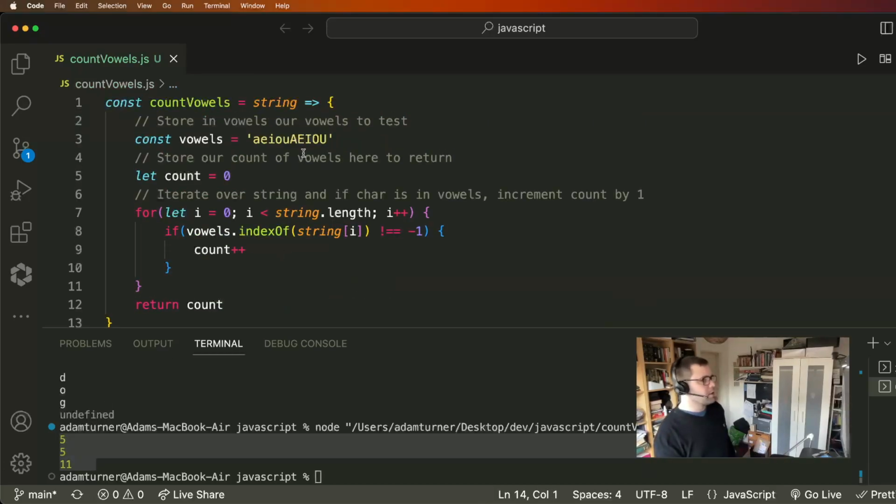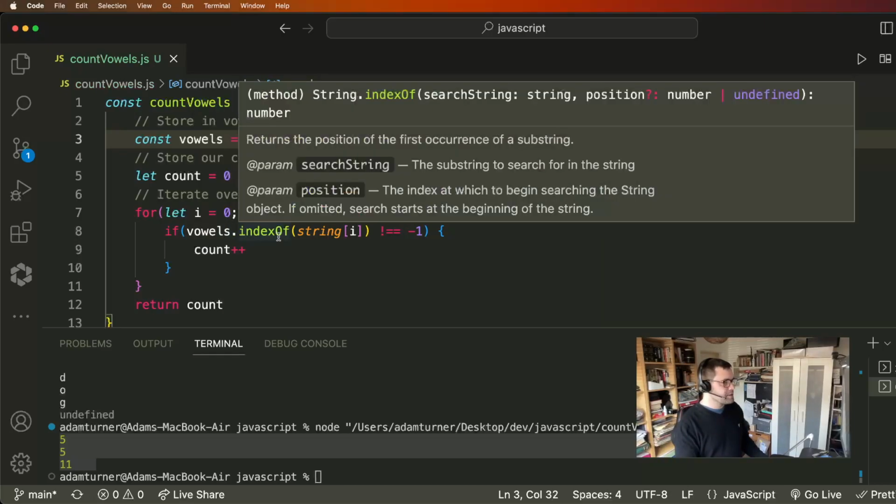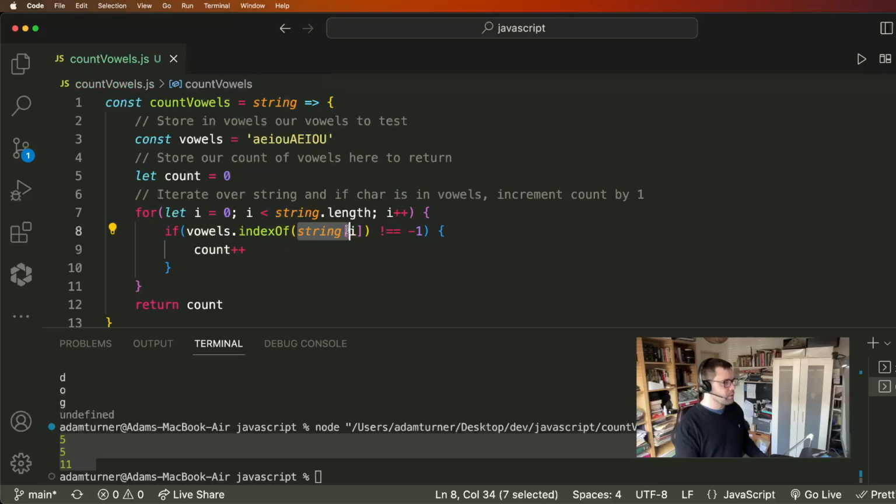Just to explain or break this down a bit, I started with a vowels variable which was bound to a string containing all the lowercase and uppercase versions of the vowels, A, E, I, O, U. And then we had a count variable, which is mutable, 0. We looped over string, and then if vowels returned an index of the string's character that we're iterating over at that time,